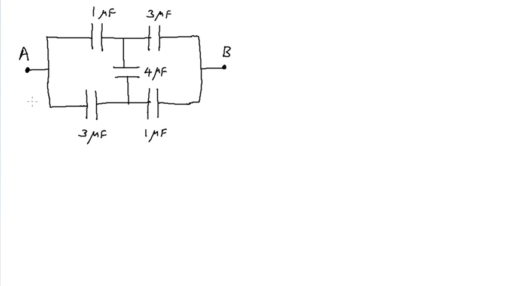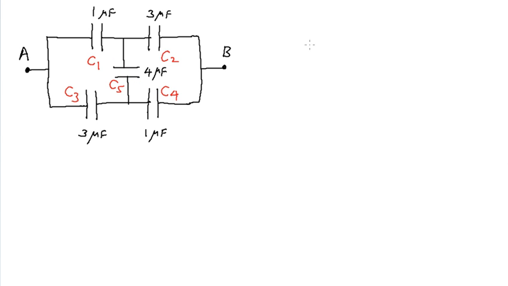In this question, we are supposed to find the effective capacitance between points A and B. One common mistake made by students is to assume that this particular network is a balanced Wheatstone bridge, and hence to remove this capacitor C5, and then the circuit reduces in complexity, you can use normal simple parallel and series capacitance formula to solve the circuit.